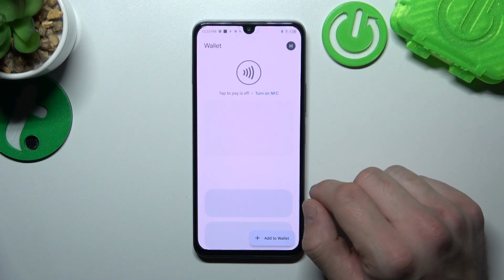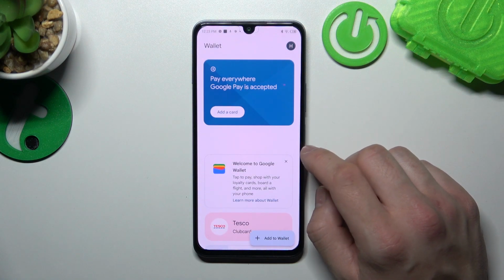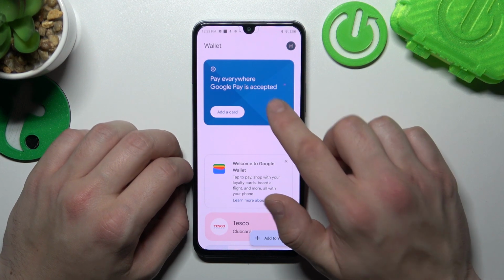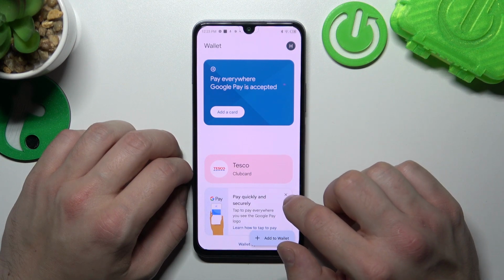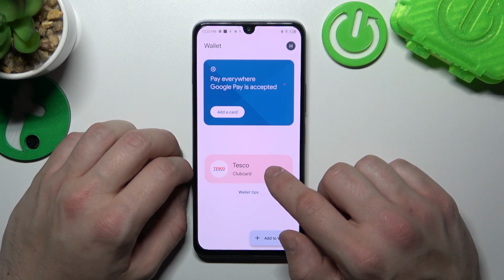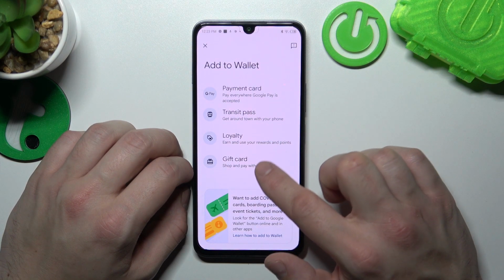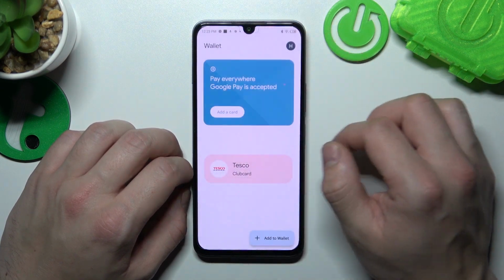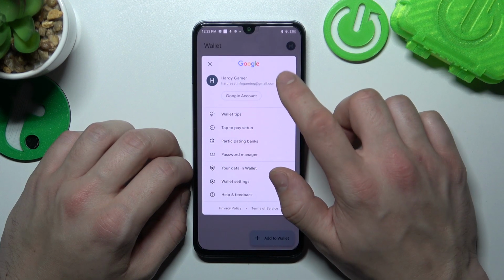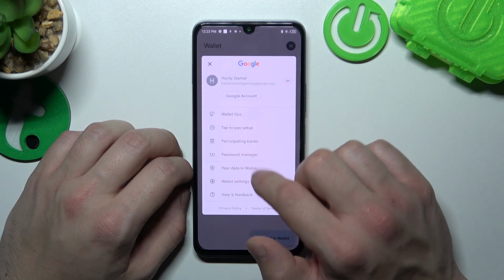Tap View Wallet button. And as you can see from the homepage of this app, you can add payment cards, check quick tips and manage your passes. Also, you can add new passes like transit, loyalty and gift card to your Google account. And if you go to menu, you've got access to your Google accounts, all wallet tips,